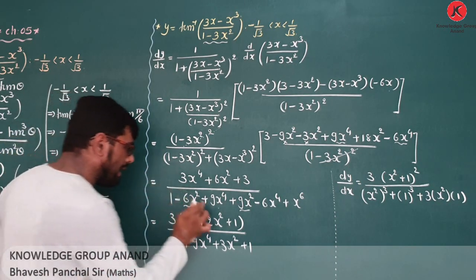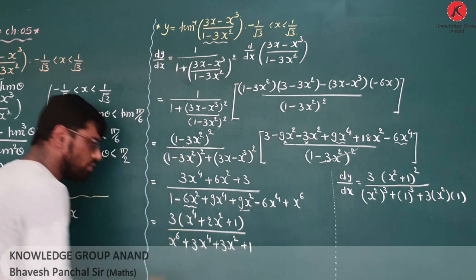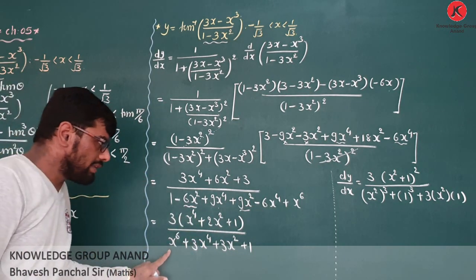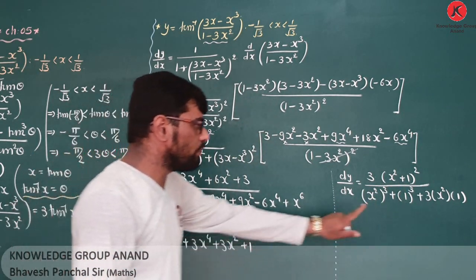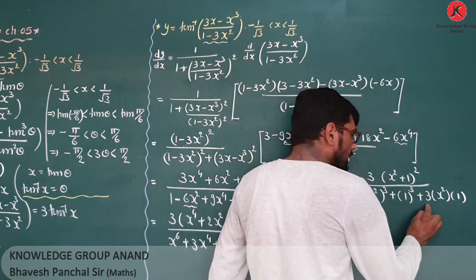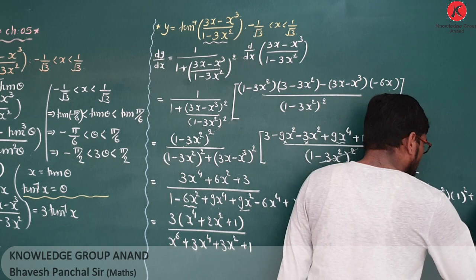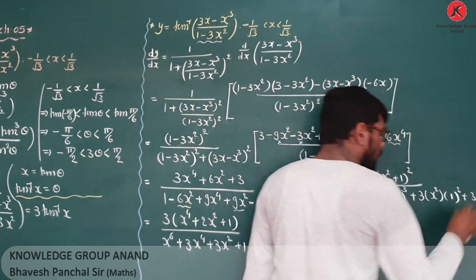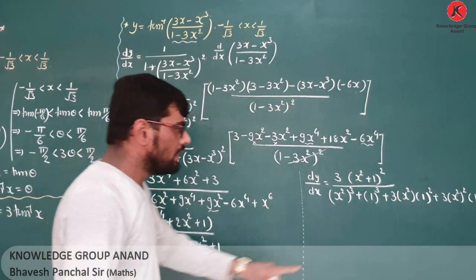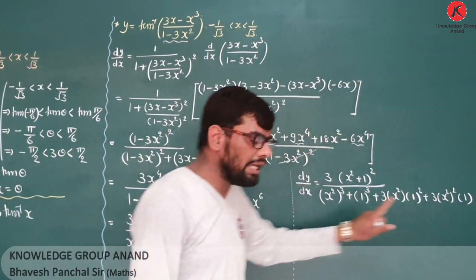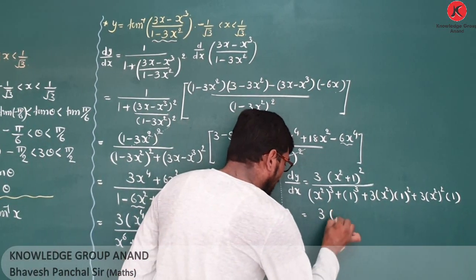Okay, here 9x raised to 4 minus 6x raised to 4, a small mistake happened, here it will be 3x raised to 4, sorry. x raised to 6, that means x square whole cube, plus 1, that means 1 cube. Okay, and here 3x square into 1 whole square plus 3x square whole square into 1. 3x square into 1 whole square, that is 3x square, and last term 3x square whole square, that is 3x raised to 4. In numerator, as it is,